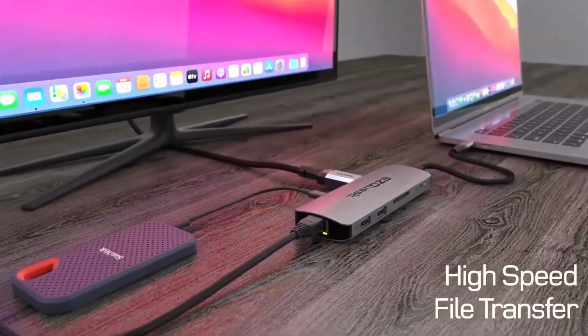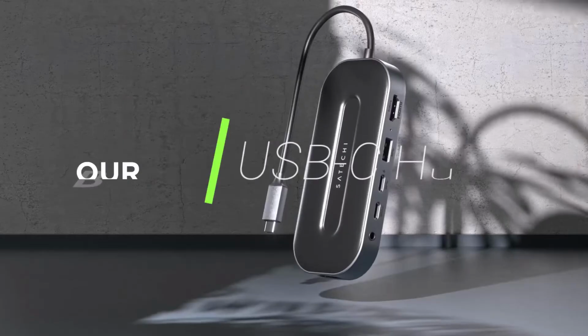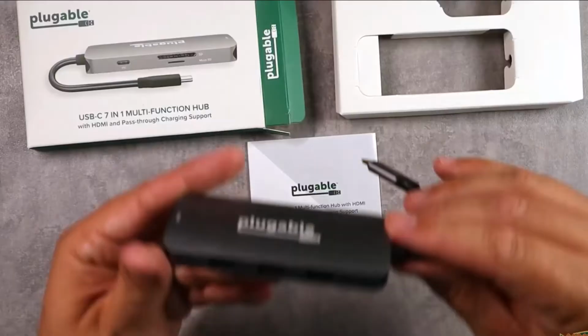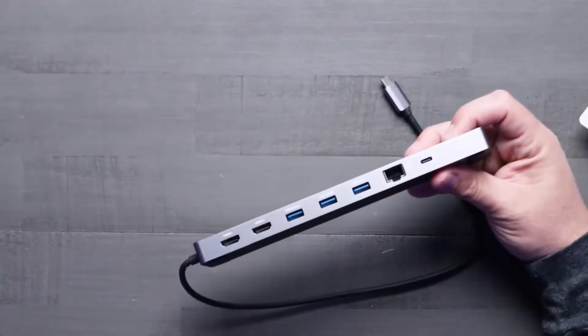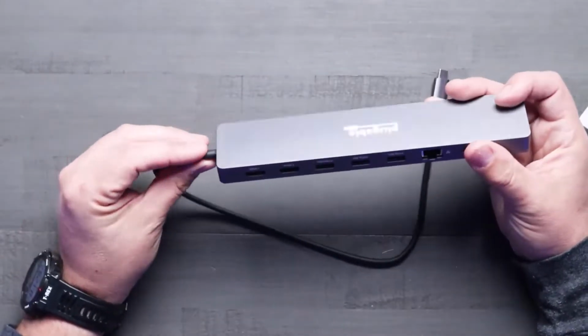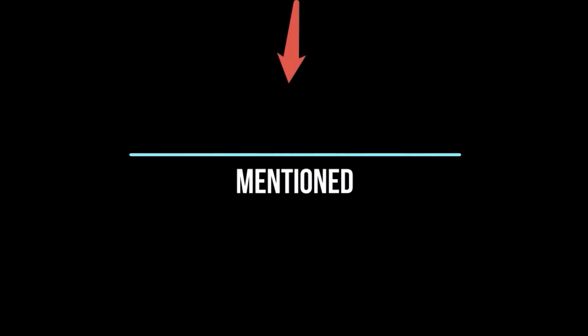an informed purchase decision. Today, I'm excited to share with you my top 5 picks for the best USB-C hubs on Amazon. I've spent countless hours researching and testing products, and I'm confident that these 5 products are the cream of the crop. Whether you're looking for the best product or just one that delivers excellent value for your money, I've got you covered. So without further ado, let's jump right in and take a look at the top 5